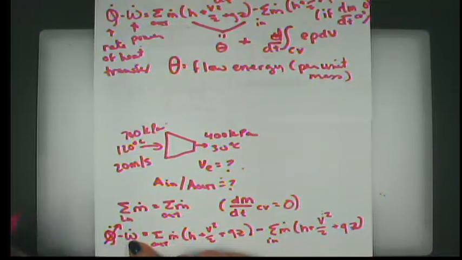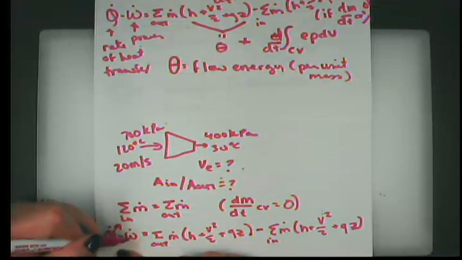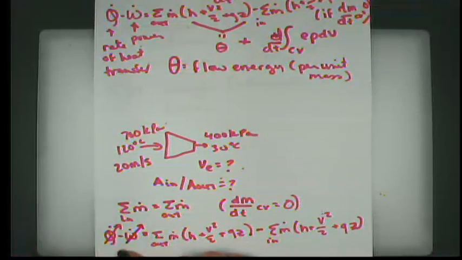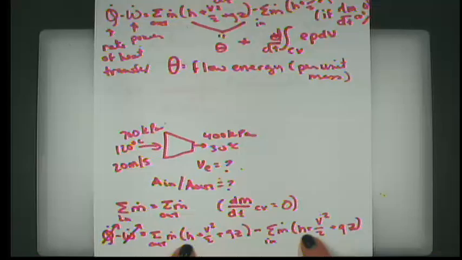Nozzles don't produce work or power, right? All they do is pass through and change the conditions of a fluid that moves through them. We also only have a single outlet, so we really don't have to worry too much about the summation sign. We also have a single inlet. We are going to have a change in enthalpy, or basically the flow energy of the material as it runs